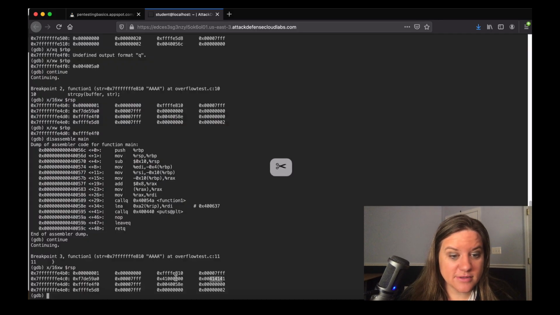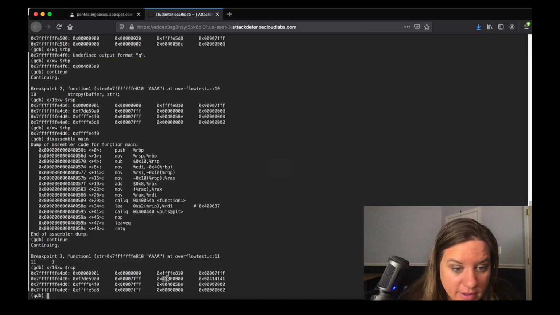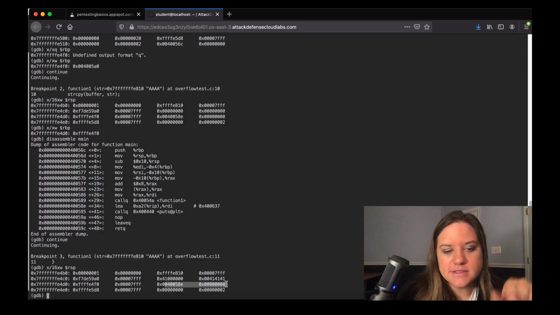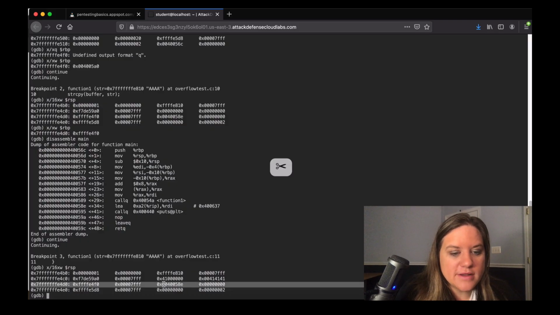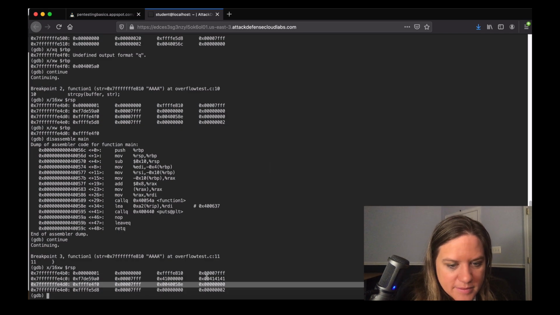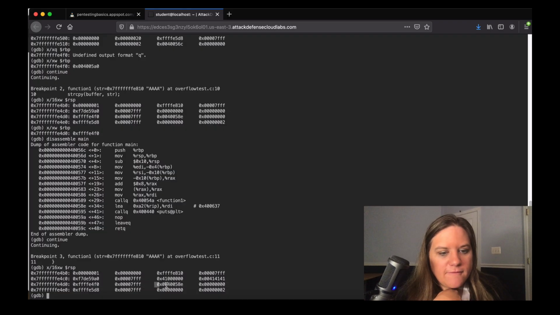But anyway, it does look like we have copied some stuff onto our stack frame. Because we only used 4 A's, we're perfectly within scope here. The return address is safe. Because this one is so small, we can actually count how many A's we need to get to the return address. Because if you remember, our goal is to overwrite this return address with something that we want. We've got 4 now, so that would be 5, and then we need 4 more, 9. 4 more is 13. So it looks like we would need basically 13 bytes of padding before we would overwrite